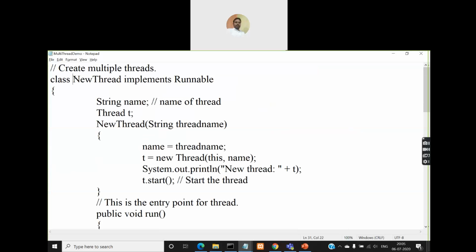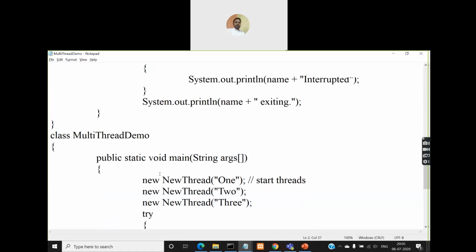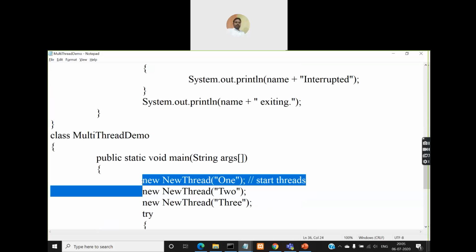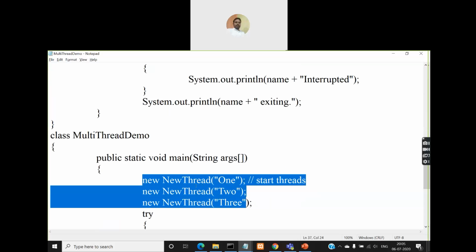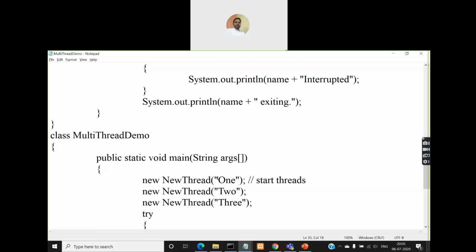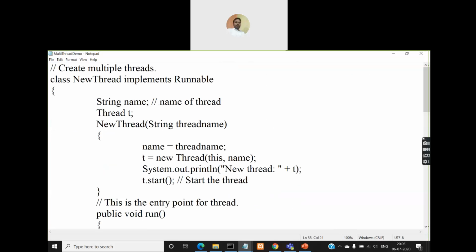We are creating only one new thread class, implementing the Runnable interface, but how many times are you creating objects? Three times. So however many threads you want to create, that many times you have to create objects, and you have to give the names. For giving the name, you just pass the name of the thread that you want to create as a parameter to the constructor. Then the constructor will do the rest. The constructor will create a new thread with whatever name you have passed, and display its information